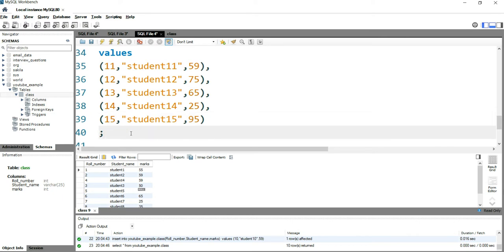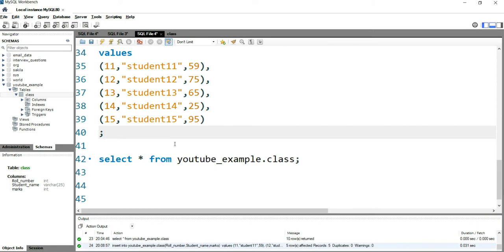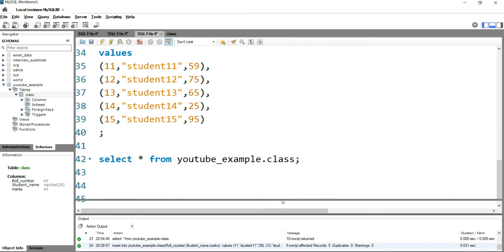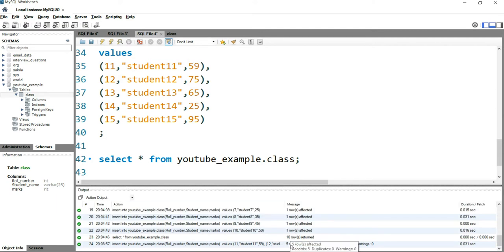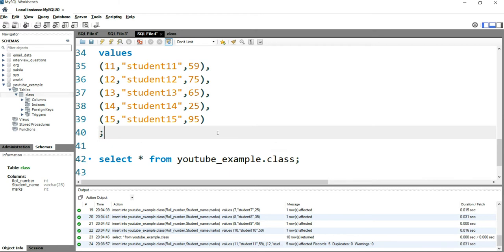If I run this, ideally I should get roll number 11 till roll number 15 inserted into this table. So I'll run it. With a single insert statement, you can see the message: 5 rows affected. Records 5, duplicates 0, warnings 0. So in a single go I have been able to insert 5 records in SQL.